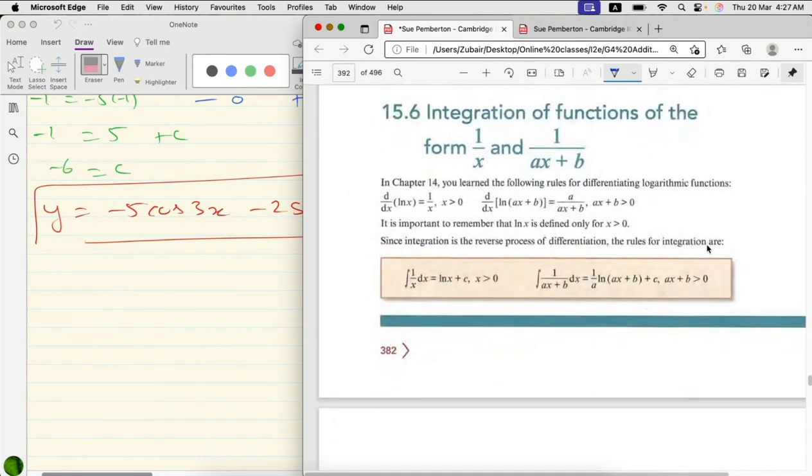Next subtopic, before we move on to this,